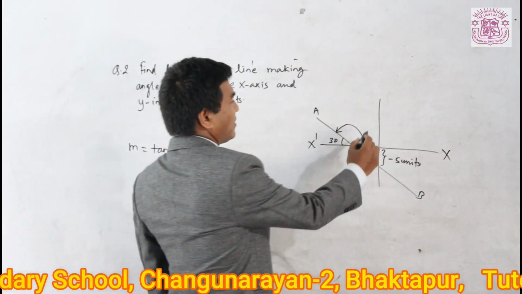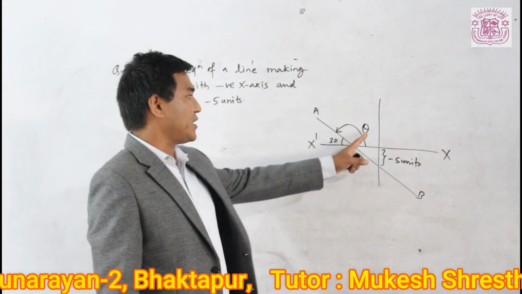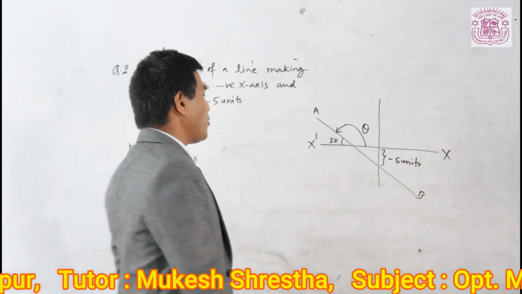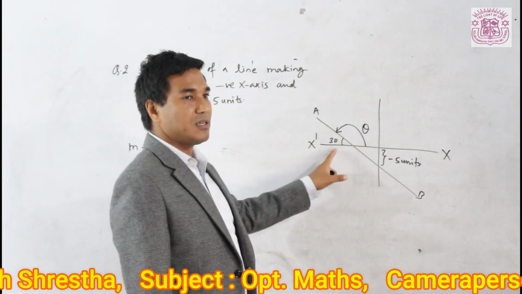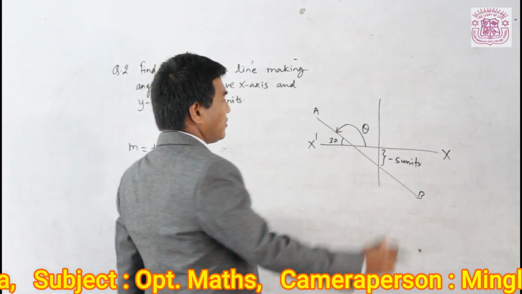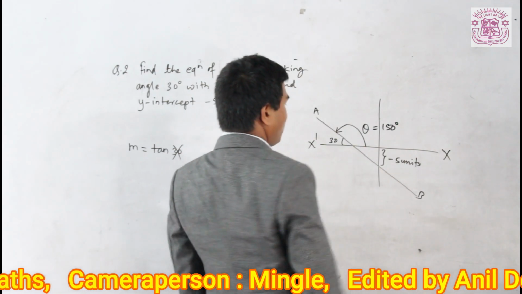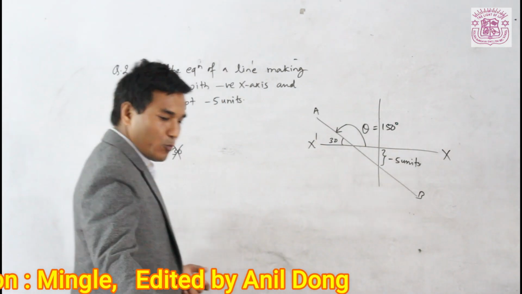Let us suppose this angle is theta. If this angle is theta, then you can first find this angle. How can you find it? Very simple. 180 minus 30 will give you that angle. So from the figure, this angle theta will be 150 degrees, because 180 minus 30 gives 150. Now the slope will give you